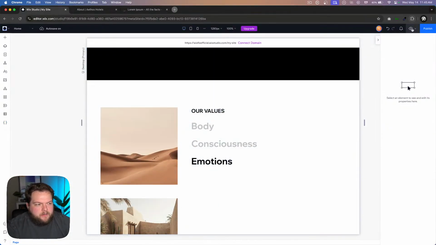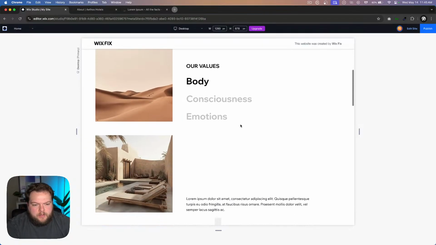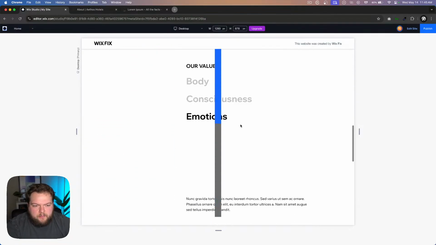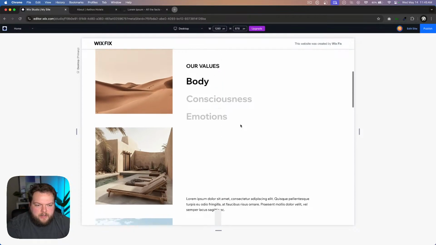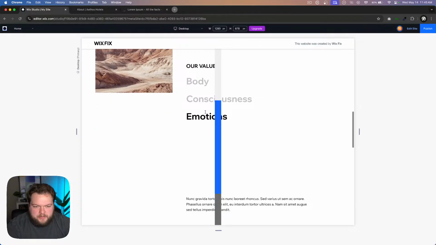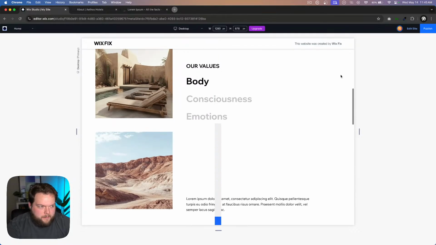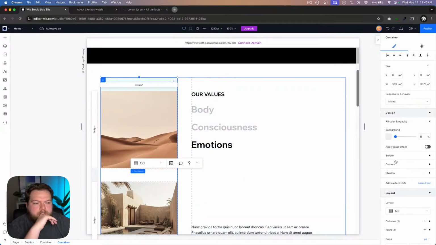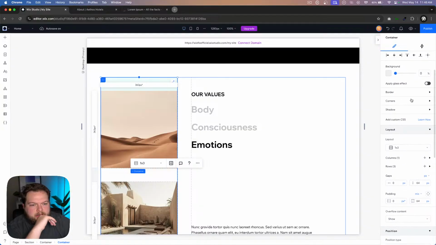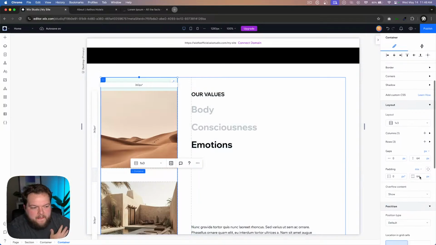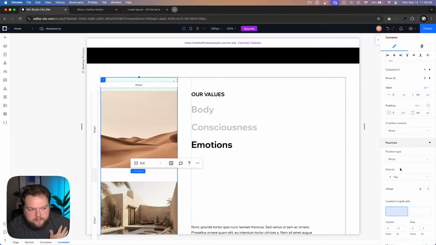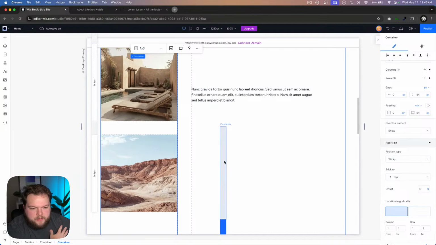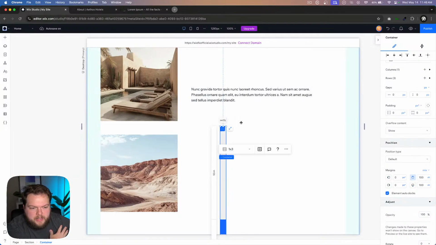But the next thing we kind of need to cover now is see how the images kind of scroll up way too fast now. What we wanted to do is we want the images to kind of scroll as we scroll through these different options here. Okay. So let's try to figure that one out now. So what we're going to do is maybe we set it to sticky. But if we grab this container in the background,